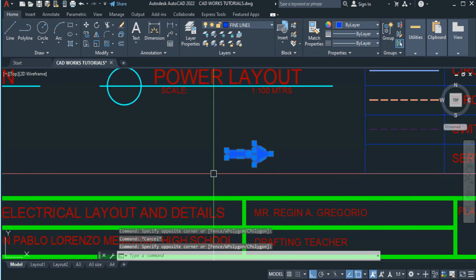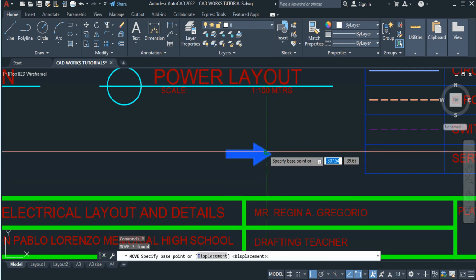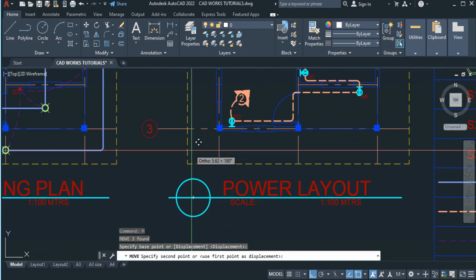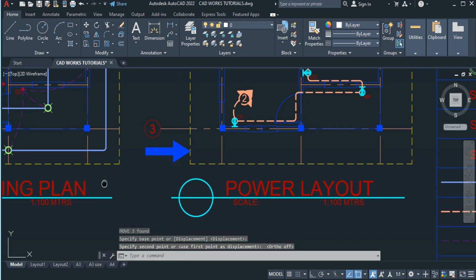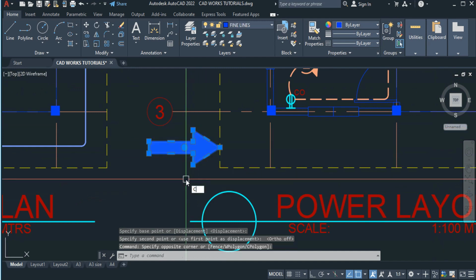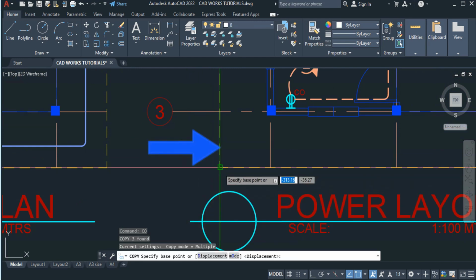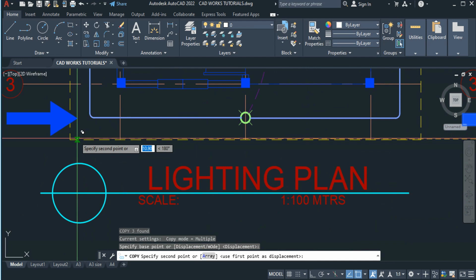Now, if you wish to add here on top a representation of where the line comes in, you may do so also. Okay, so click here, and then if you wish to copy for the service entrance,